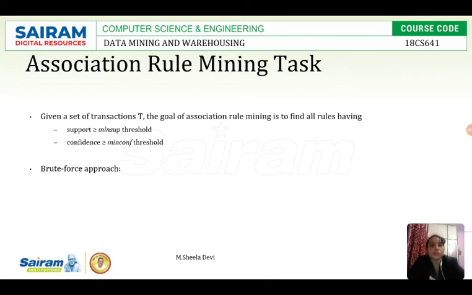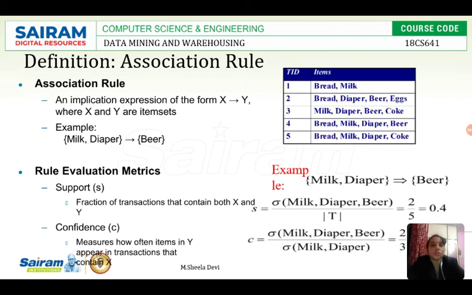So which association rule has to be considered is based on 2 conditions. One is that the support should be greater than the minimum support threshold. Whatever support we calculated here, that is 40%, as we saw in the previous slide, if I keep the minimum threshold value as 50%, then I cannot consider this association rule. It will not come under accepted status, it will be in the rejected status.